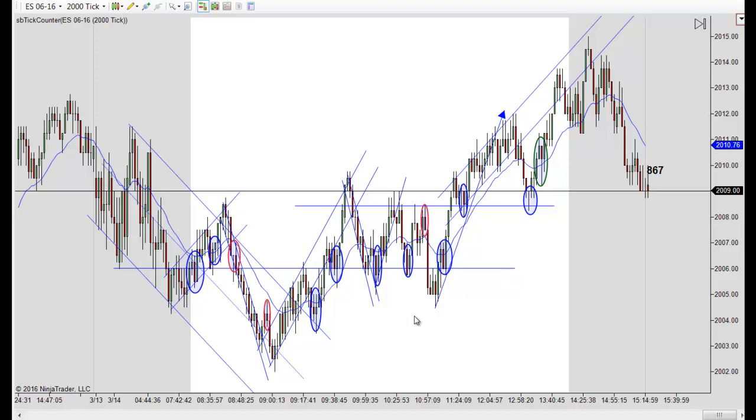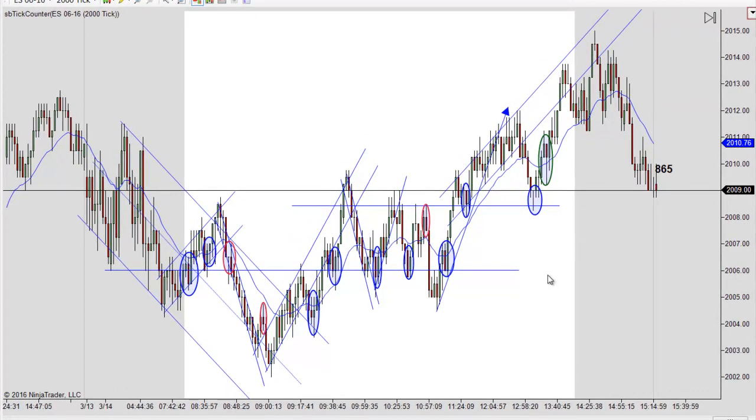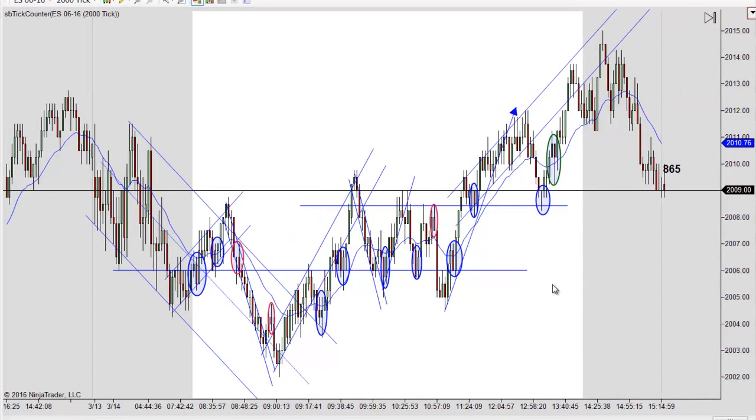However, I would say most of the afternoon was a trend up, and there's probably a bigger channel here, but you really didn't need it. You played this channel up, then you played the range here, and then you played the spike and channel up the rest of the day, and that really got you to where you need to be.